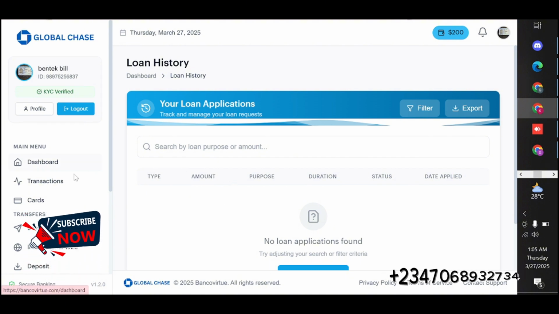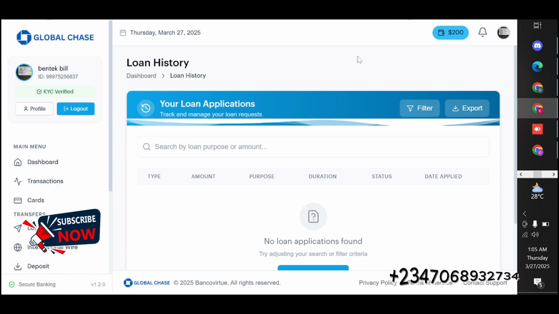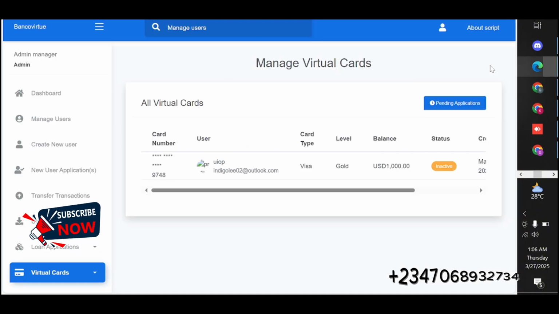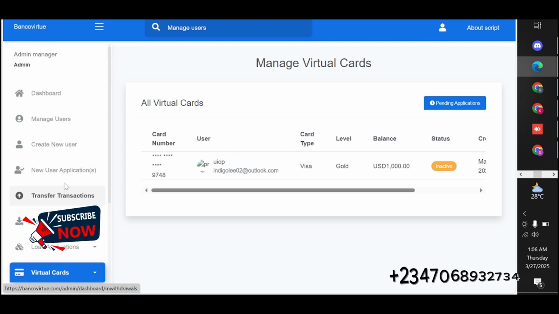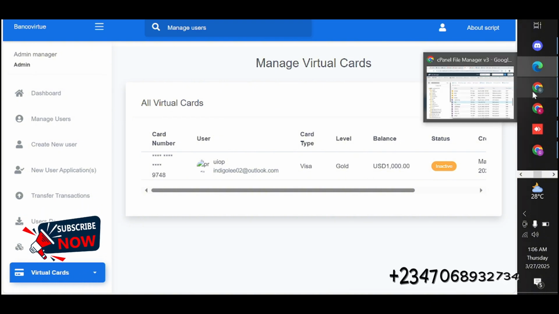So let's get started. So what we're going to do first, you need to get your hosting and domain. So I'm going to just log into my control panel. Sorry, I haven't shown you the dashboard. So this is what the dashboard looks like, right? By the way, when you install your script, you'll know more about it. So let's get started. So first thing first,